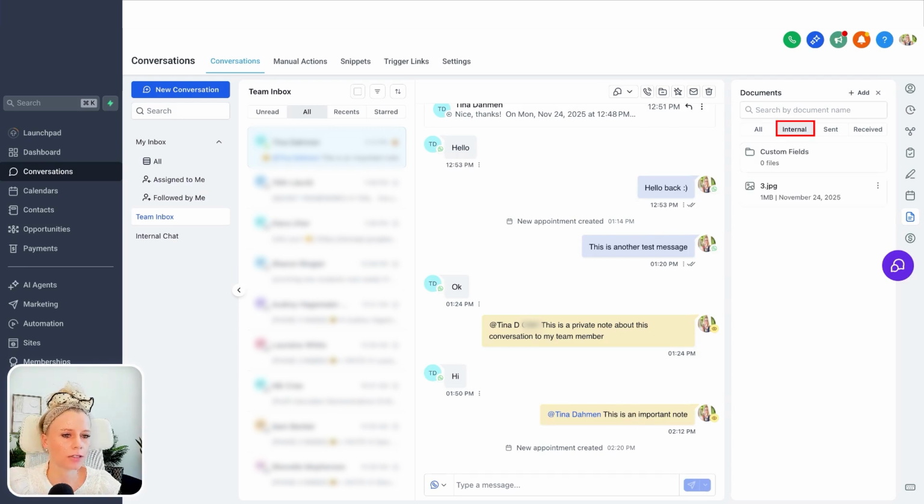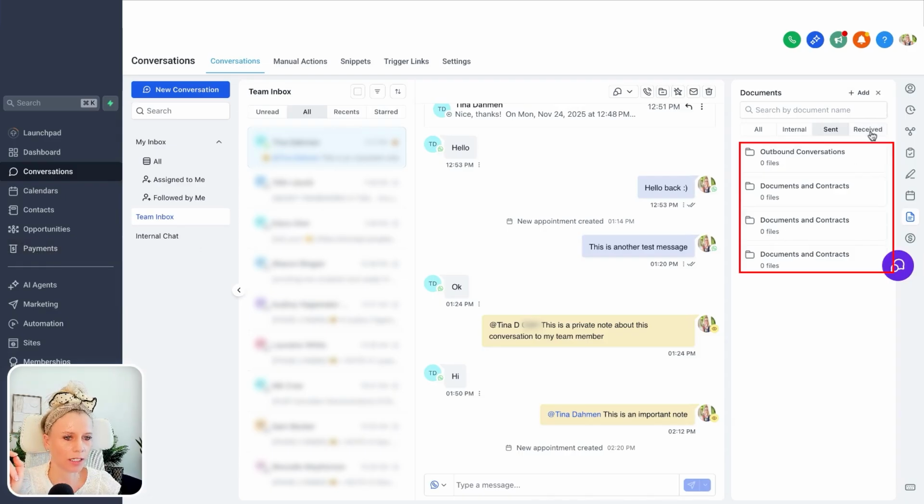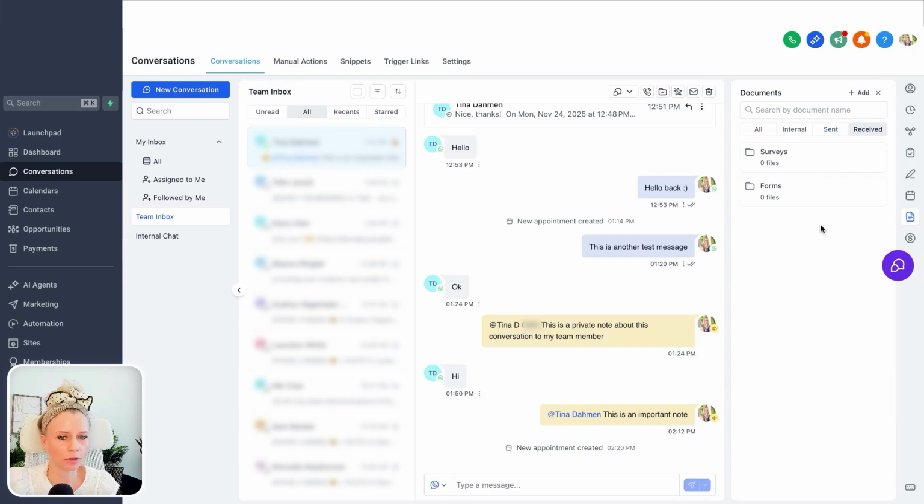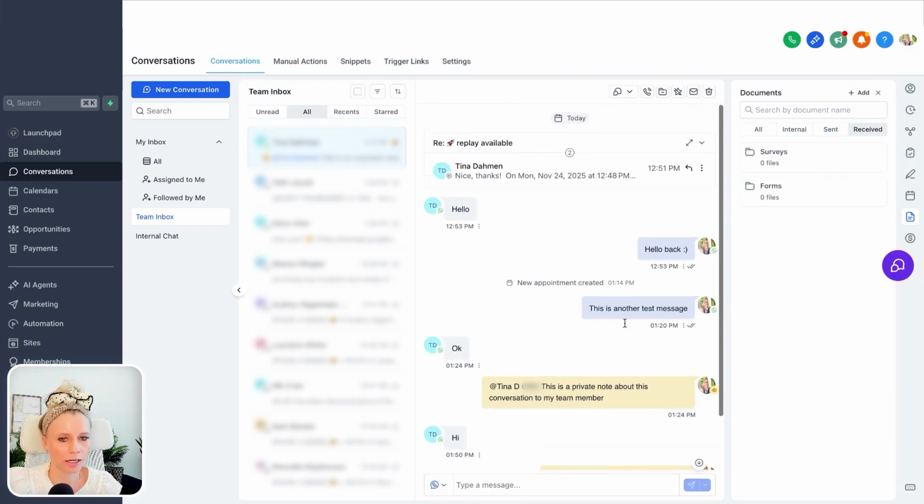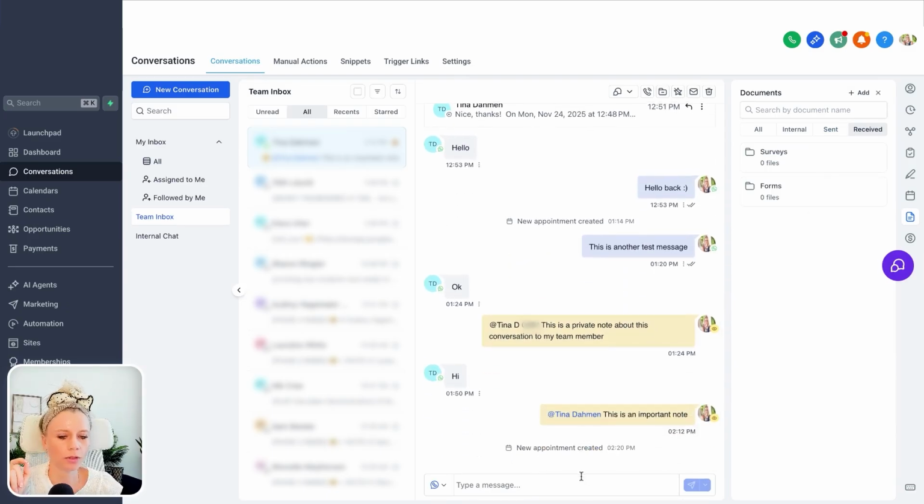Then you can see internal, that particular image has been uploaded internally. Then under send, you would see if a contract has been sent under the payments tab. Then you will see another tab which states documents that would show up here. And then if you have received a document that came in via this conversations tab, you could add this with